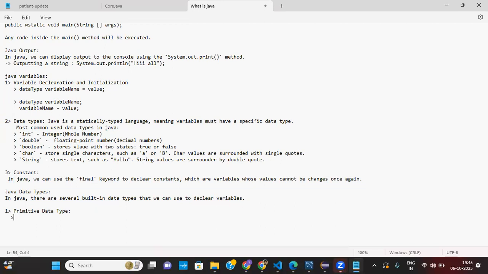There is byte, short, int, long, float, double, boolean, and character. These are the eight primitive data types we actually use.